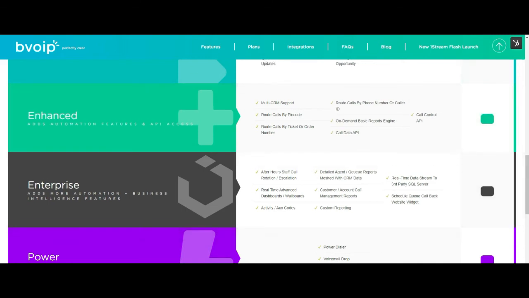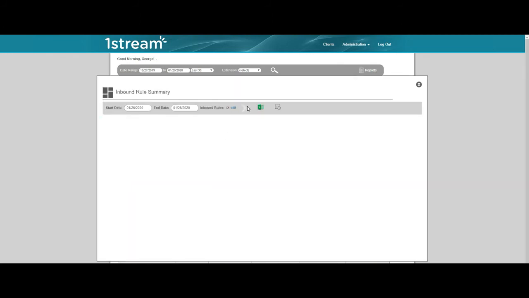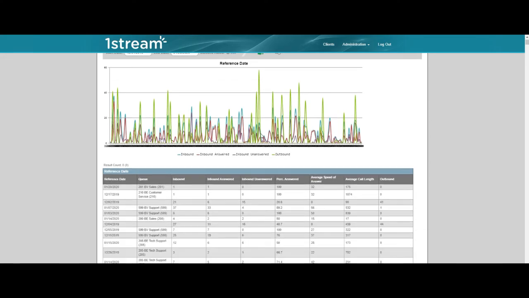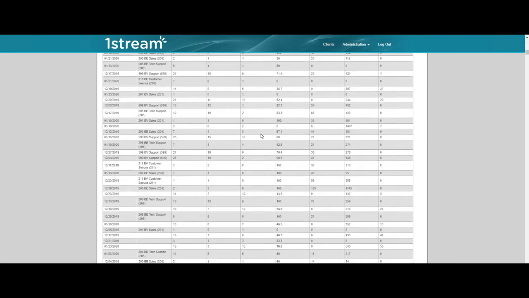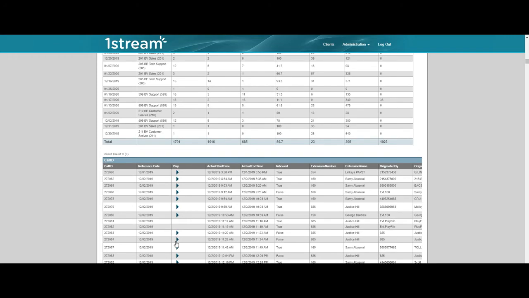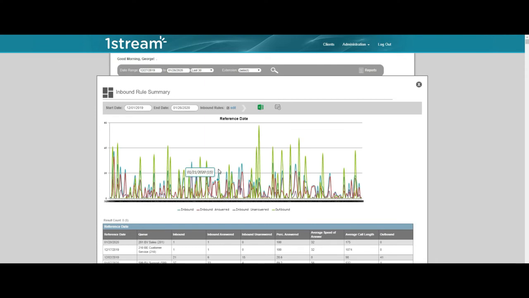So, for example, under our enterprise tier, you can get things like advanced reporting, right? So let's say I wanted to see all calls that came into a specific number. Let's say that number is a marketing number. Let's say it's a number I give to a particular client to call in, so that I can track metrics from that particular customer and what happened. That's super cool, right? And so this is very detailed metrics on abandon percentages and hold times, and you can see call recording information is presented and call data is presented. And you can obviously get a lot of visibility into exactly how many people called that particular number within your phone system, how often, what happened,